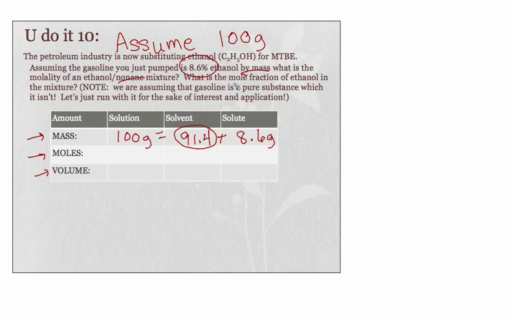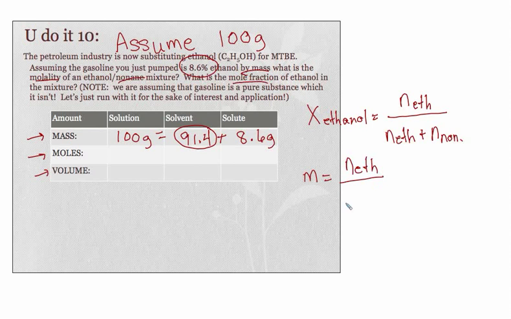Now, one of the questions it asks is what is the mole fraction? And then the other is what is the molality? So we need the mole fraction of ethanol, which means we need the moles of ethanol and the moles of nonane in the denominator. Now, to get the molality, what we need is moles of ethanol over kilograms. Remember, just the solvent. Well, we already have part of that. By doing it this way, we now see that we have kilograms of solvent in our chart,